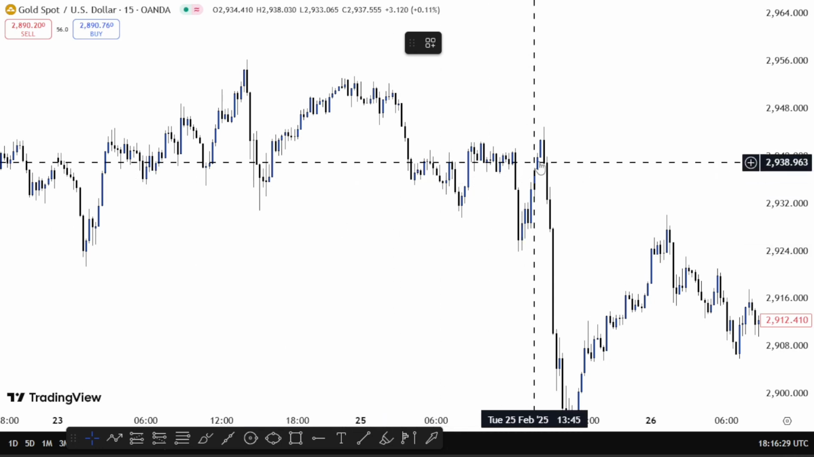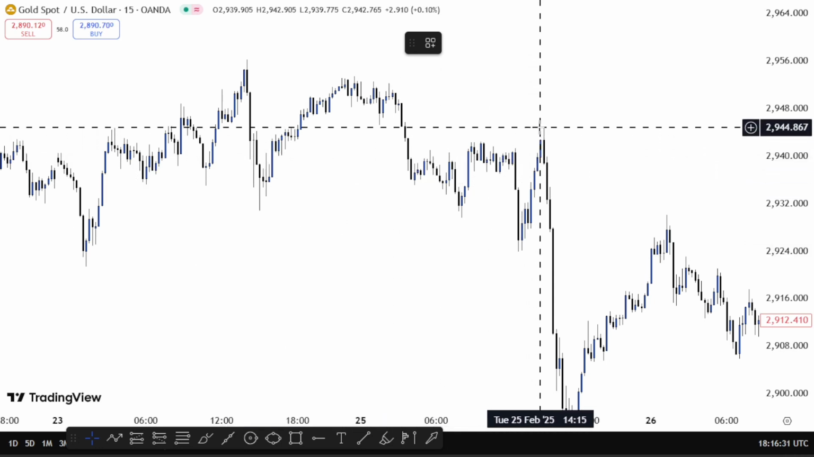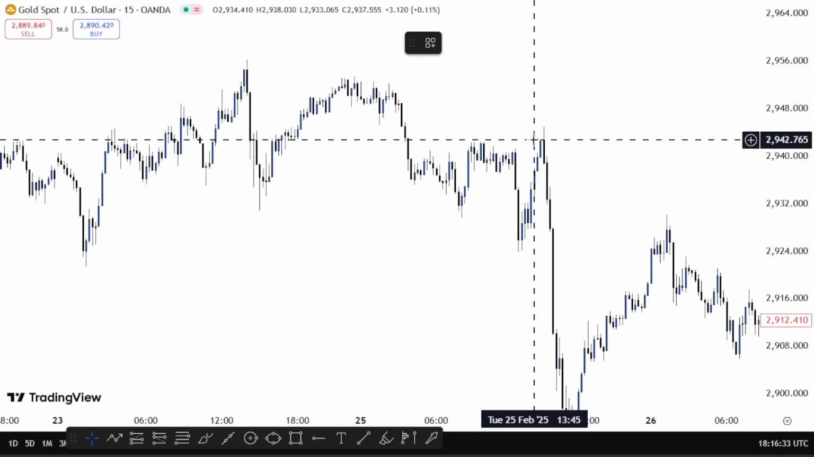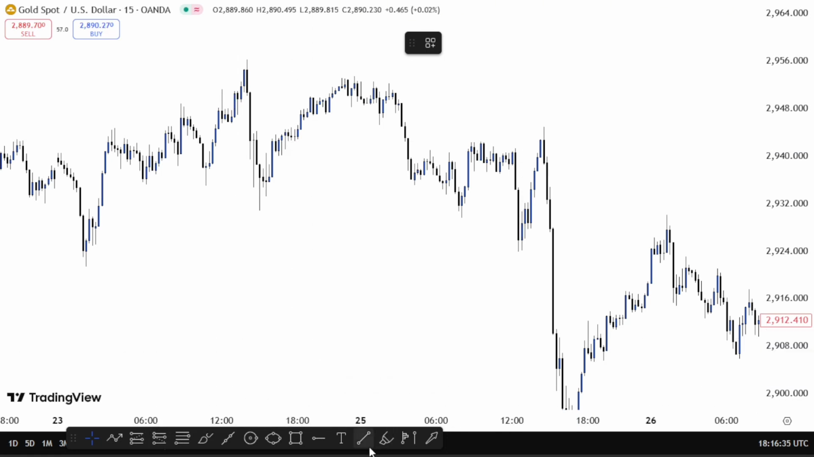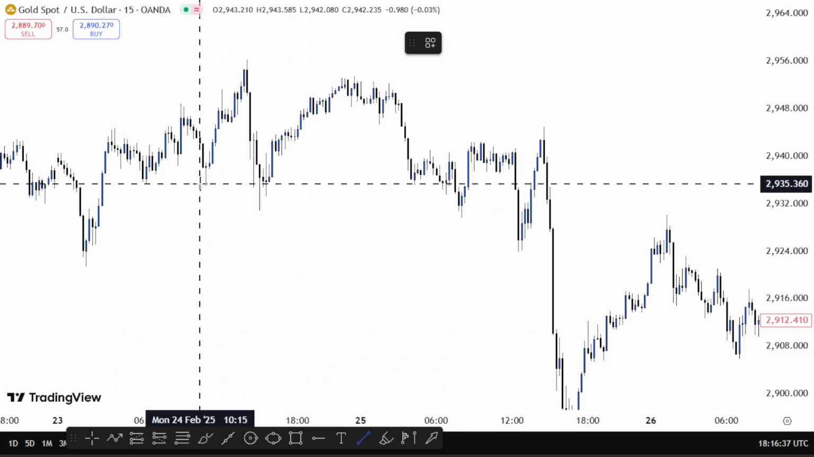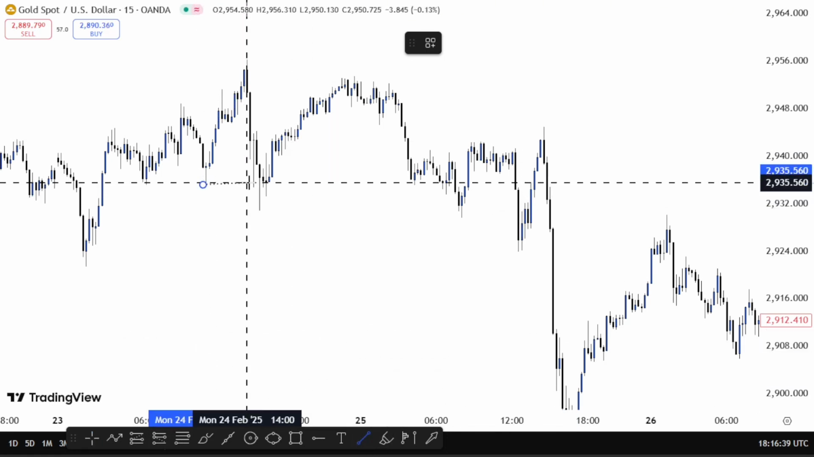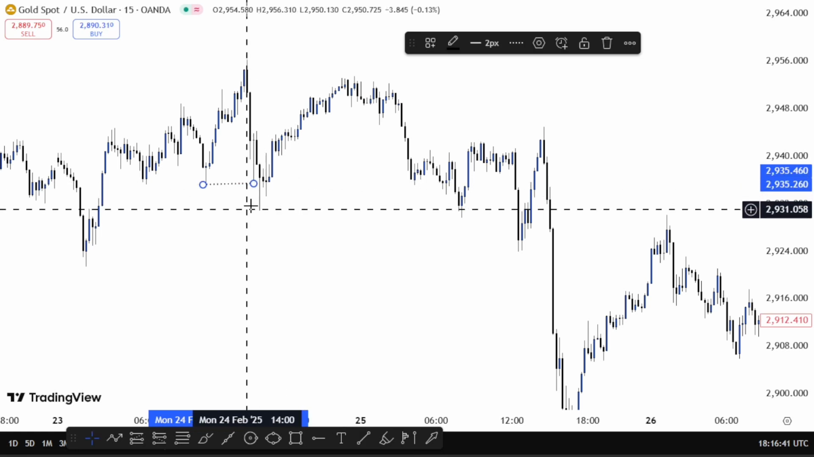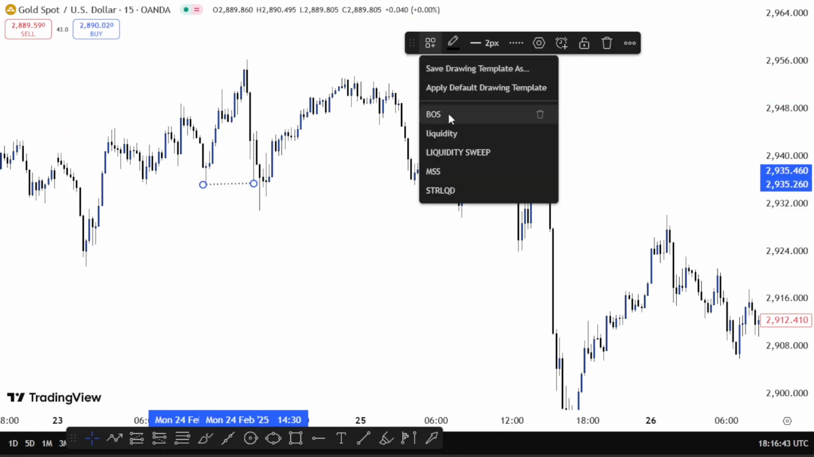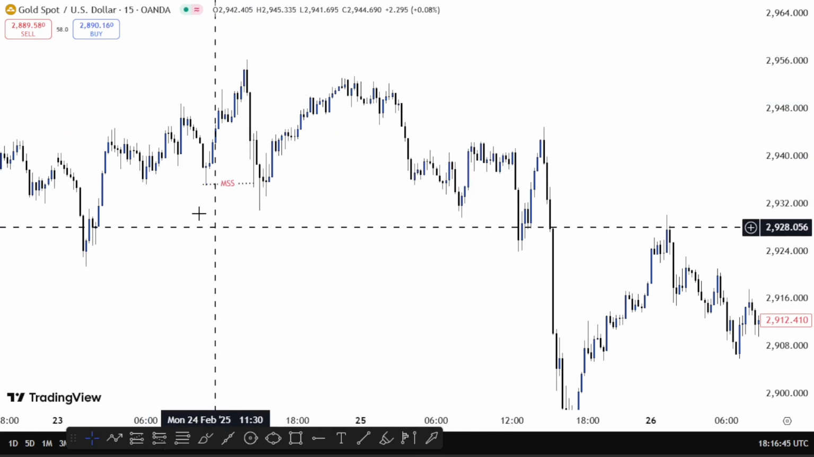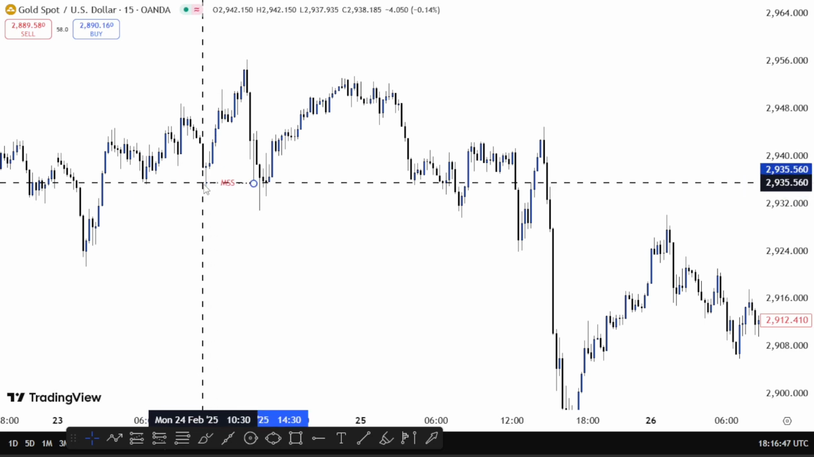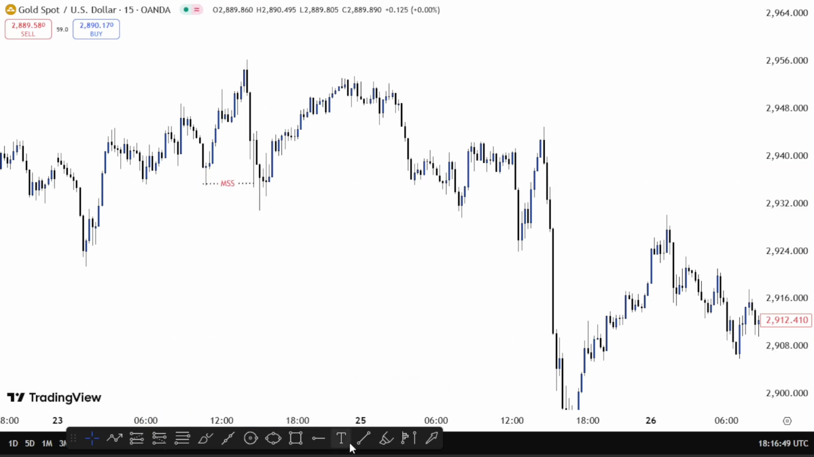Yeah, if you come here, the 25th was actually Tuesday. So you can see that was Tuesday last week. I won't know it so precisely if I don't take this trade. We have a sweep and a market structure shift right there. You're looking at it. Since we have a market structure shift,